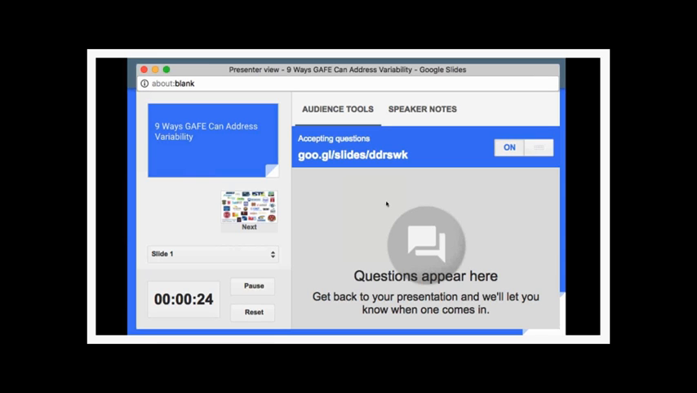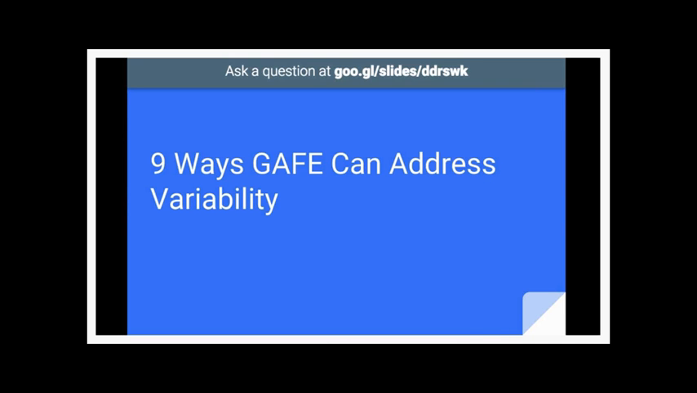When they ask questions, it's going to appear over here on this right-hand side, and you're going to be able to see who asked the question, and you can then display that question anonymously, if you'd like, up on your screen so that students can participate during slideshow